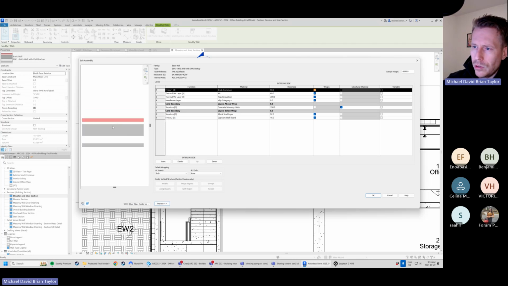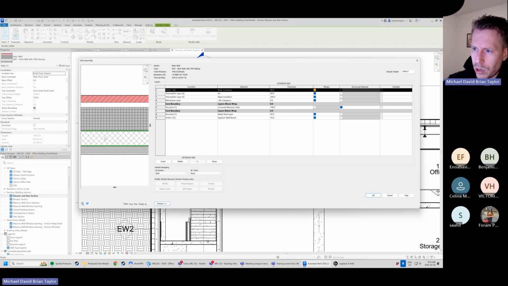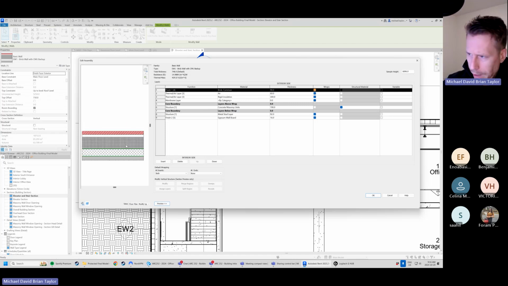The section preview, we can zoom in, we can pan, just to see what's going on as a kind of first idea about what this wall is going to look like. Those green lines are our core boundaries, right? So our core boundaries being here. Just to review this super quick. Now, the complicated part is in order to get a wall sweep into this wall type, we actually need to change this little handy view. I need to drop this down and change it to section. So before I do that, you'll see